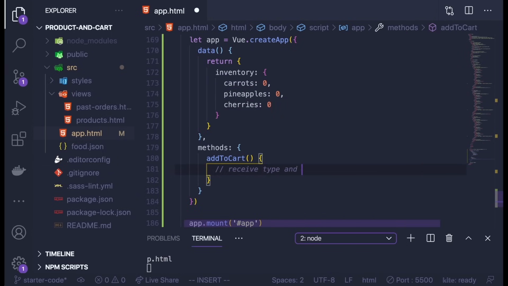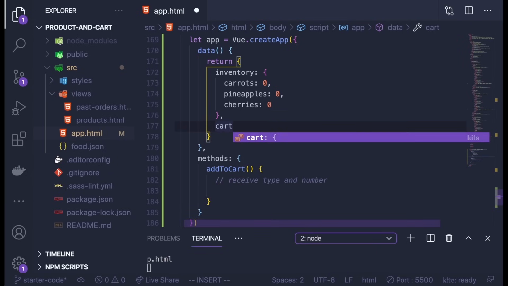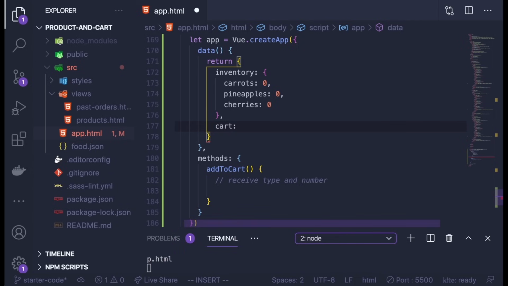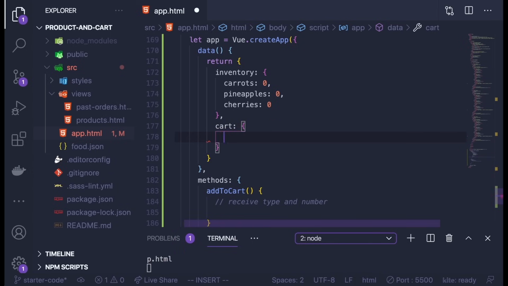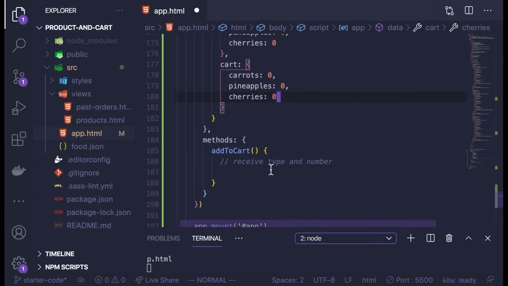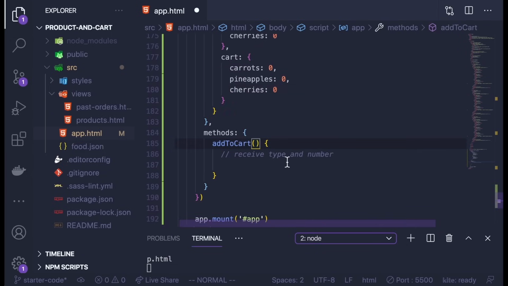So to do this, I'm going to need another place to store what items are actually in the cart. So I'm going to create a cart here, and for right now I'm just going to copy the same items over. And then when I call the add to cart method, I need to pass in the type of item